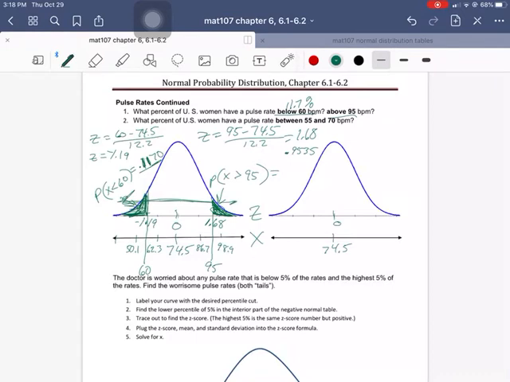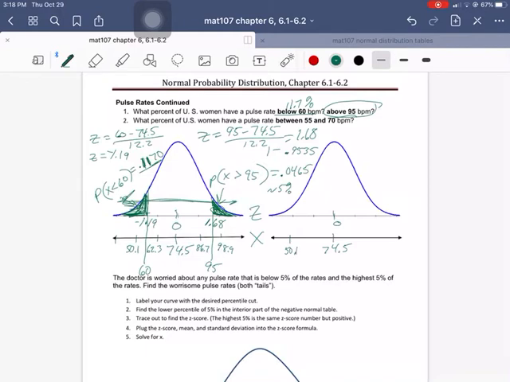So I need to know this way. So I'm going to subtract it from 1, and I'm going to get 0.0465. So that's around 5% above that. Okay? And then to do a between,